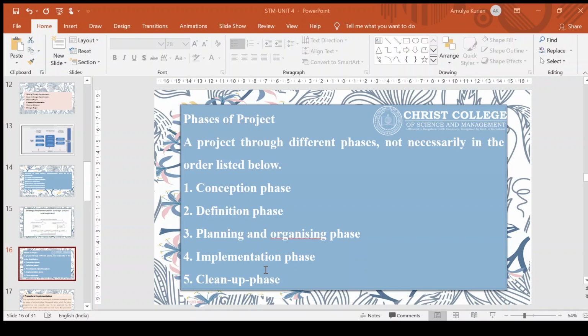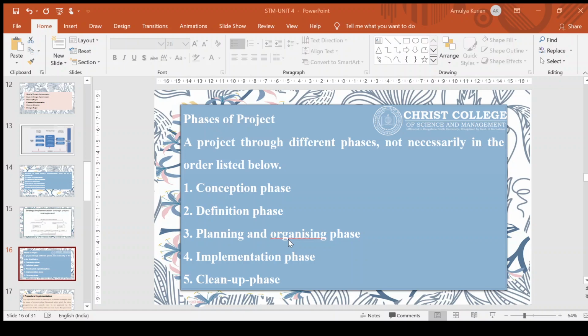Those things will be planned, and the project structure, which would deal with the organization, manpower, systems and procedures, everything will be charted down, and the project manager will be responsible for the planning and organizing of the project. Then the next stage is the implementation stage. The detailed engineering, order placement for equipment and material, awarding contracts, other types of construction, the requirement of the plant, commissioning of the plant, trial, and testing, all these things will be done in the implementation phase.